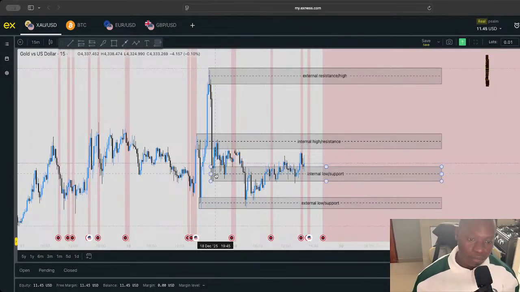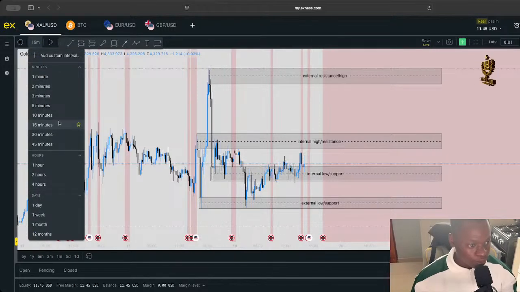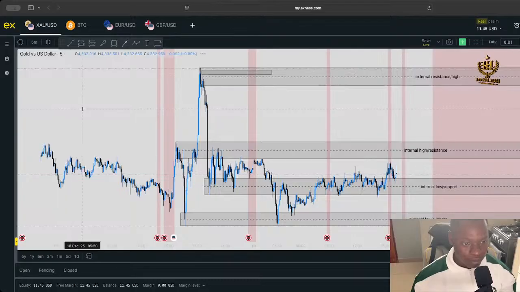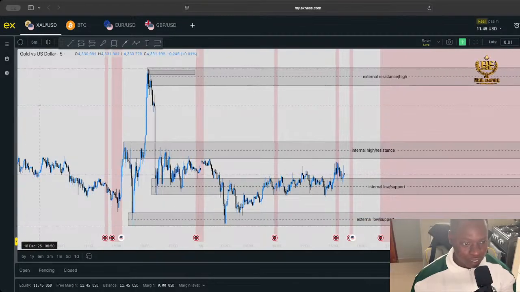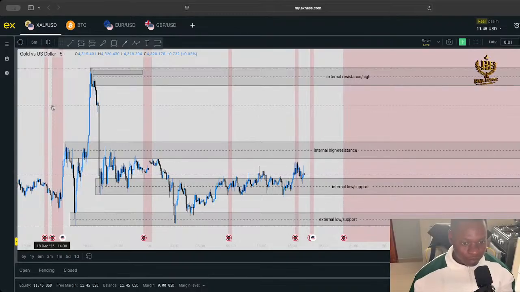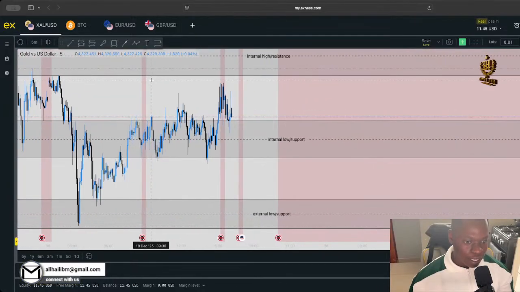So you need to pay attention to that. And when let's scale to a lower time frame and see how price even reacts to those levels. On a 5 minutes time frame, you can also see, and the one thing that again is giving me good vibes is that we can see a compression forming around